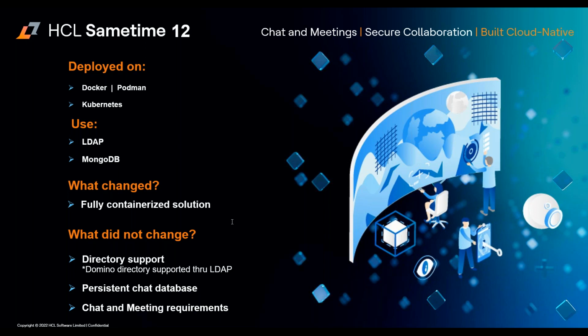And I'll talk a little bit about what that architecture means. But when you're deploying Sametime 12, and let's not worry about 12.01, 12.00, and 12.02, because Sametime 12 is a fully containerized solution, which means that everything runs either in a Docker or a Kubernetes environment. And what that means is that you can decide ahead of time, do I have a large deployment that needs to scale up and down with some of the redundancy features and clustering features that I would get with Kubernetes,